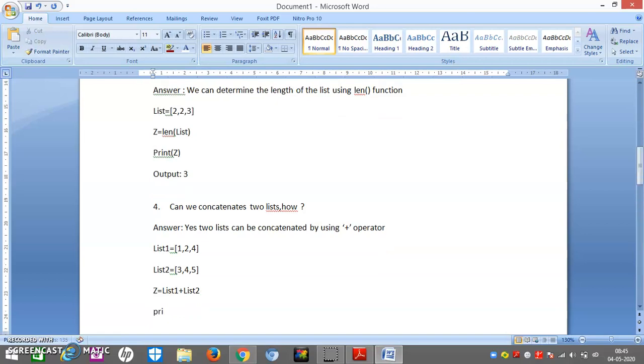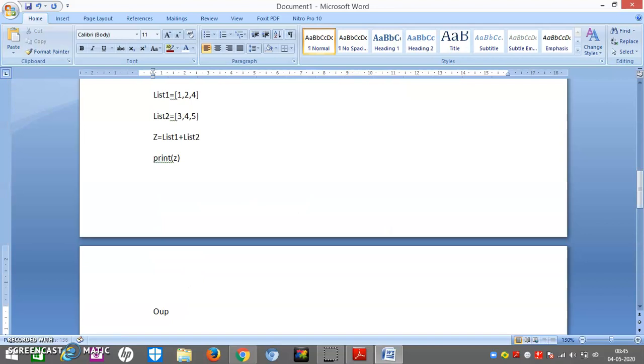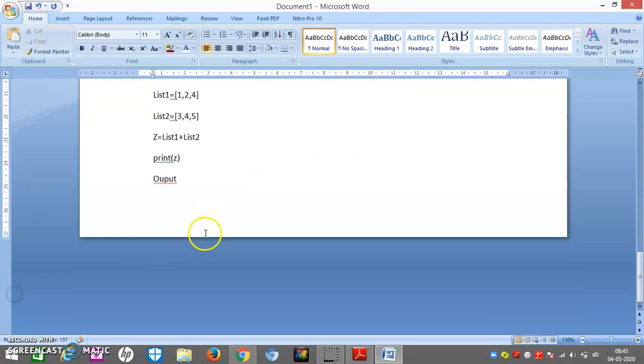And when I print the value of z, my output will be 1, 2, 3. Well, first the elements of the first list will come, then the elements of the second list will come.